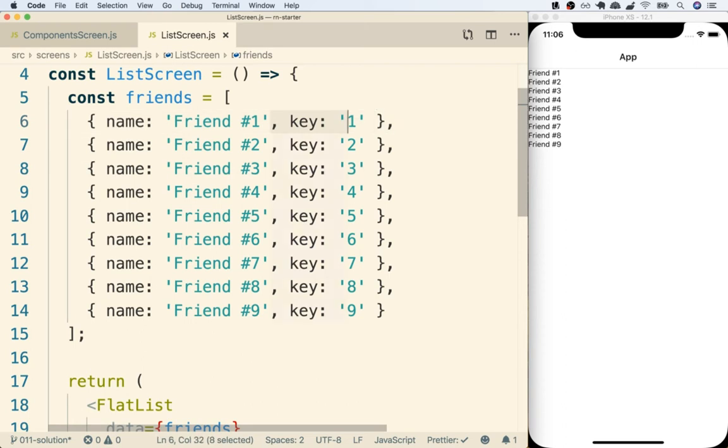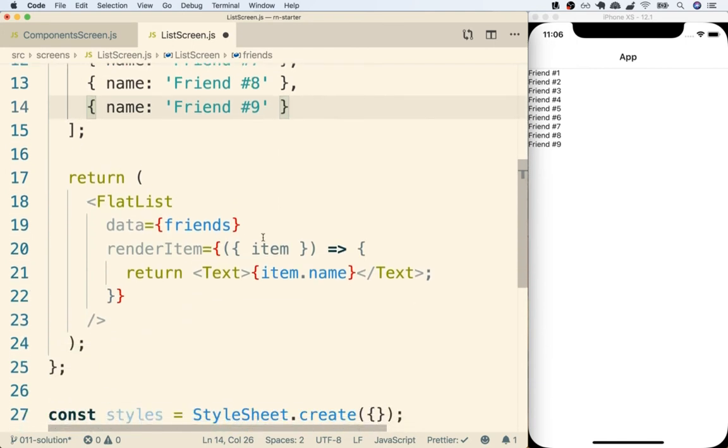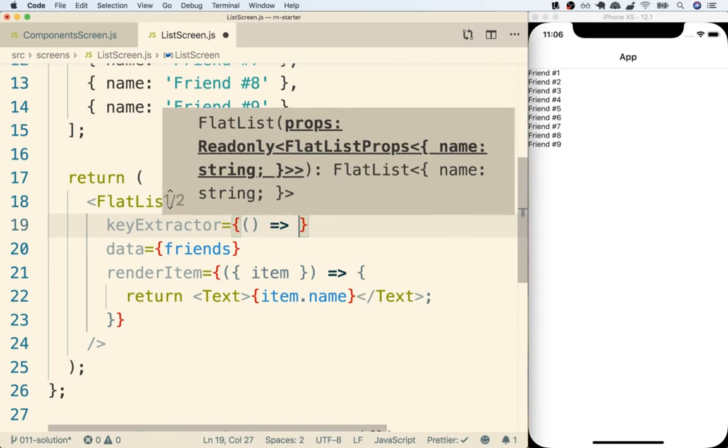I'm now going to show you method 2. So I'm going to delete all these extra key properties that I just added on. Okay, and I'm back to the code I had before. So the second way of defining this key property is on our flat list component itself. On the flat list component, I'm going to add in a new prop of key extractor. I'm going to pass this thing a function.